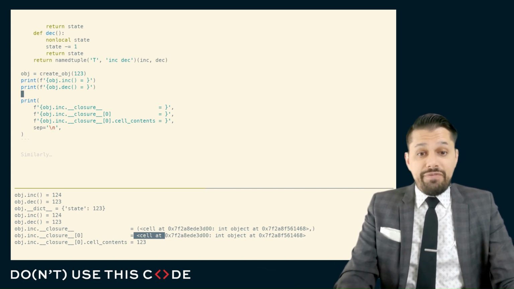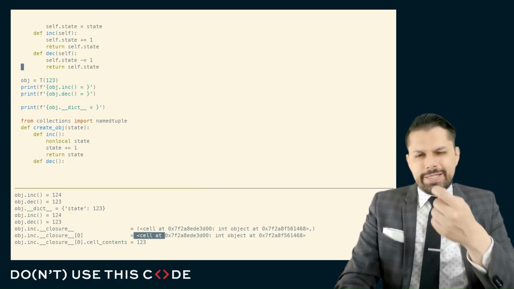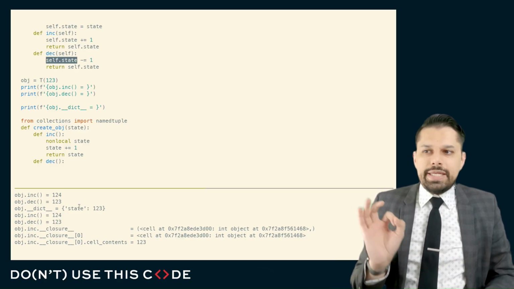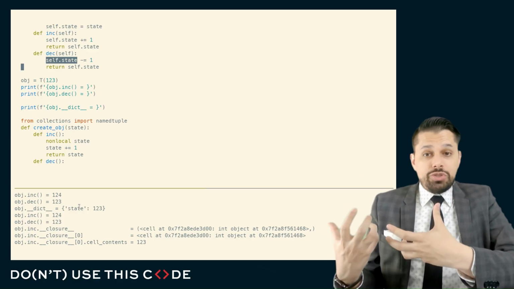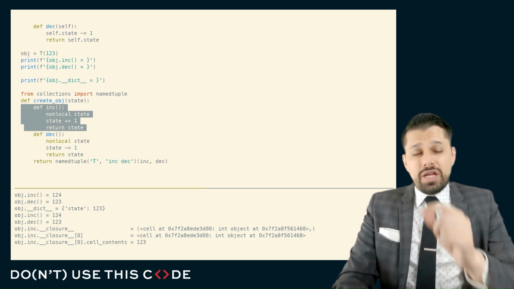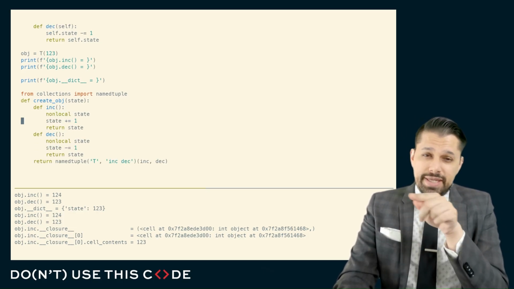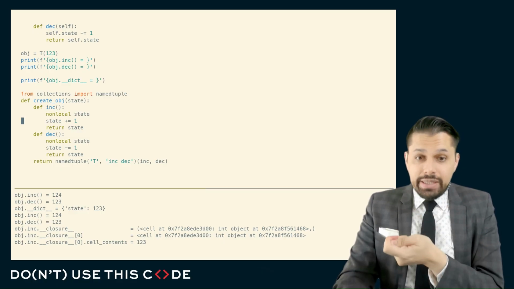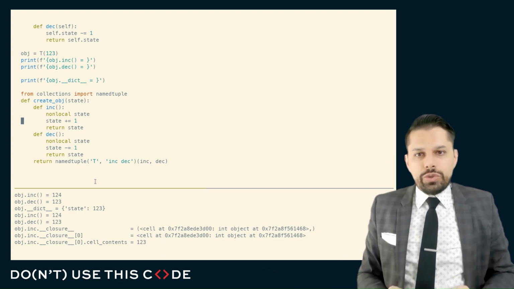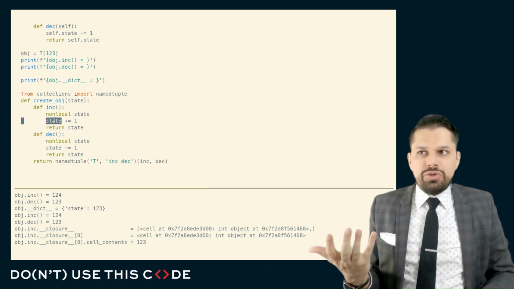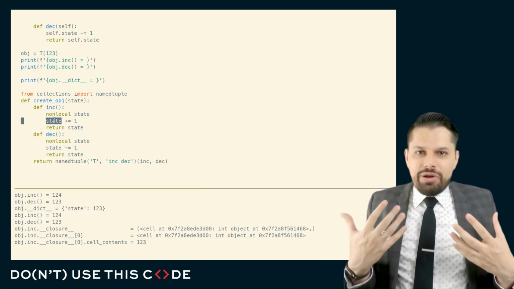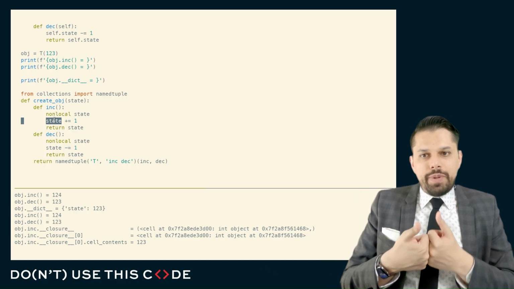And of course, the reason why we have this difference is in the object, whenever it does self.state, it's dynamically looking up that field. This self.state operation is the equivalent of doing a dictionary lookup into the special dictionary with that special key. Whereas, when we use the closure approach, Python generates bytecodes for every reference to this state variable. And when it generates those bytecodes, it knows the fixed location in this closure tuple where it's going to find that. And so behind the scenes, it's just turning this into something like a tuple access or a list access, an indexed access. But beyond that, very superficial detail, we can see a very close correspondence between these two approaches,